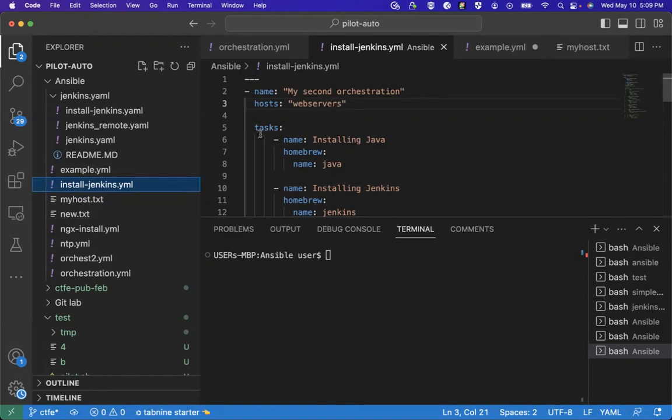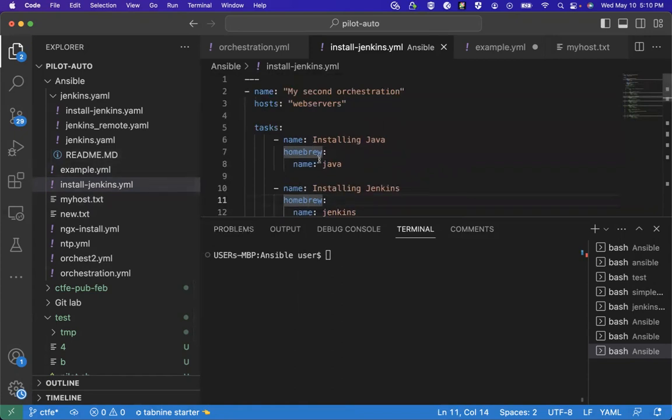Then the tasks. This is the task: install Java. Then what is going to install Java? Homebrew is just a normal package manager, which I also call brew. It will still work. This one is a simple application.